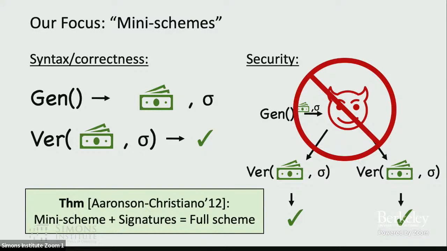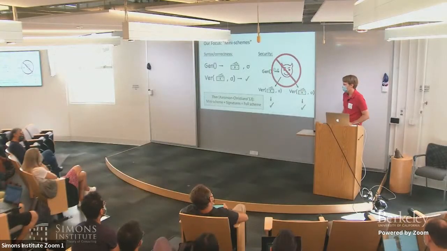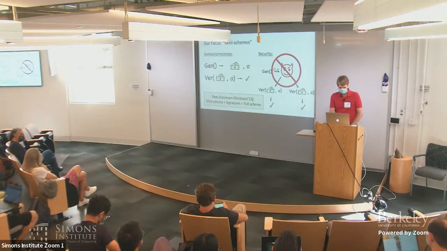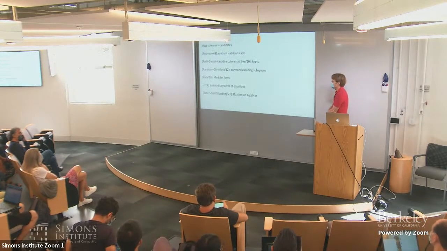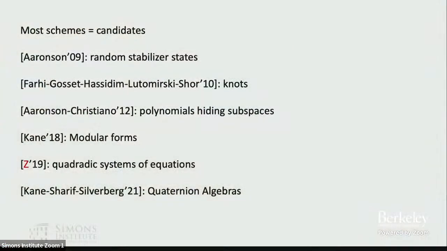So yeah, we don't need to add that as a property. That's something you clearly want with your money system, and you get it for free with both if you implement Ver the right way. Okay. So it turns out that there have been a number of proposals for public key quantum money in